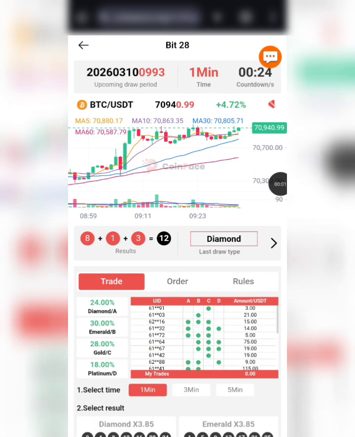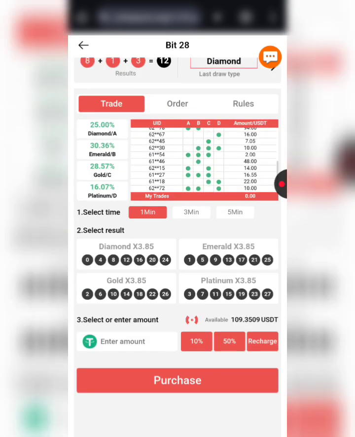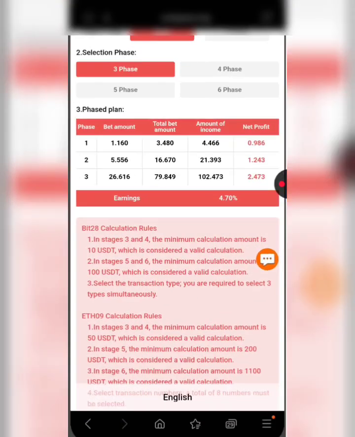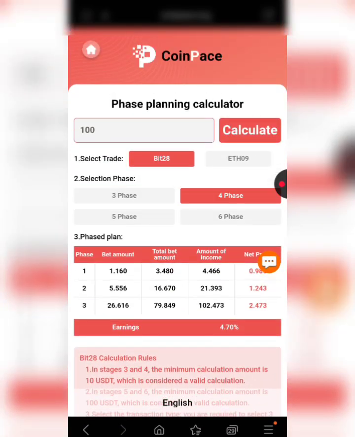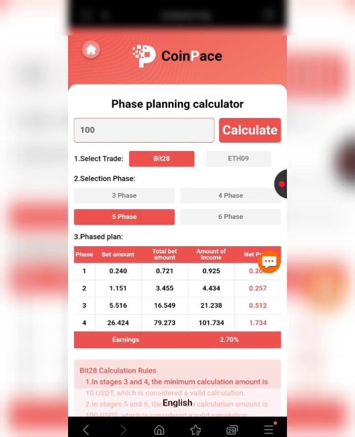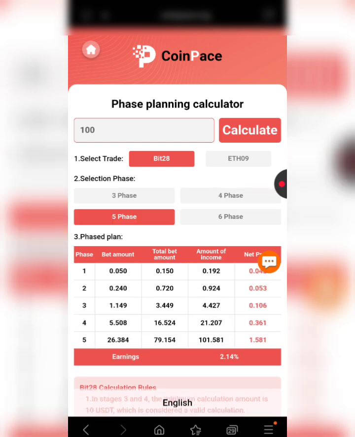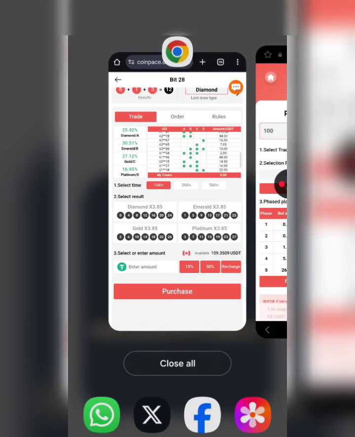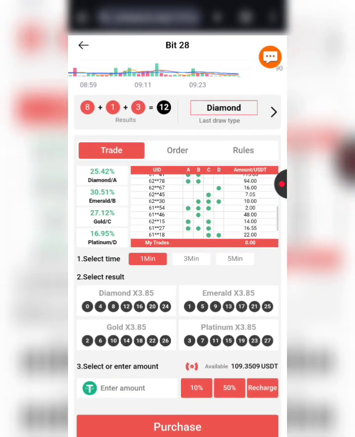Okay, so I can keep doing this and flip my amount right here and make some profit. And you can also increase your phases, so that you can reduce your risk. You can go with 4 phases, you can go with 5 phases. Now if you're going with 5 phases, it means that you're not expecting 5 consecutive losses. If you're playing it, you're not expecting one option to come out 5 consecutive times.